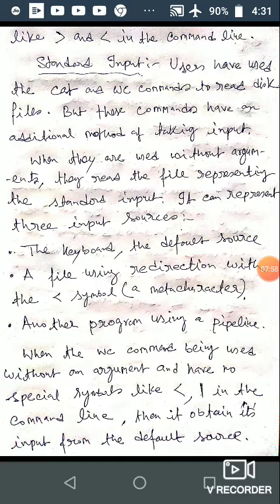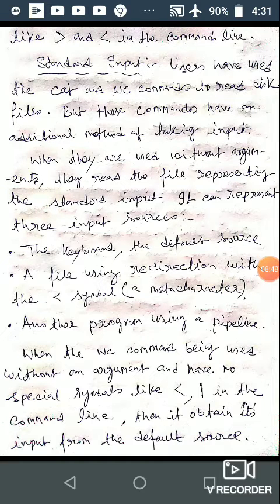The second is a file using redirection with the left arrow symbol, which acts as a metacharacter. And the third is another program, through a pipeline.